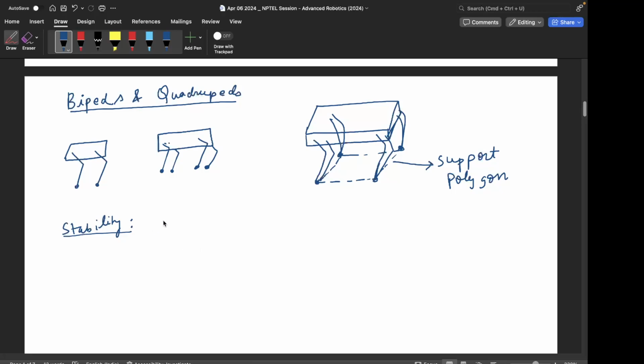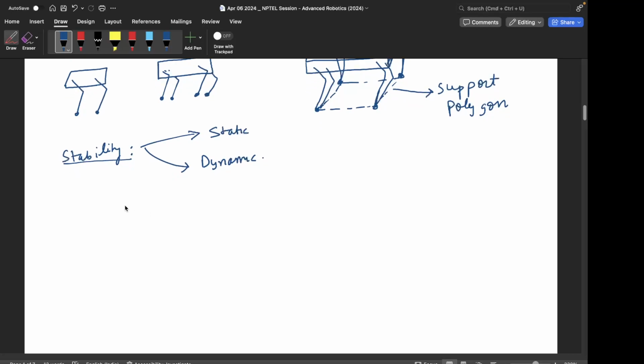So stability is of two types: static and dynamic. Okay, so static stability is, so imagine there's a robot, a quadruped robot walking, right? So four legs, and some legs are on the ground and some legs are in the air because it's lifting its foot to another position. Okay, so